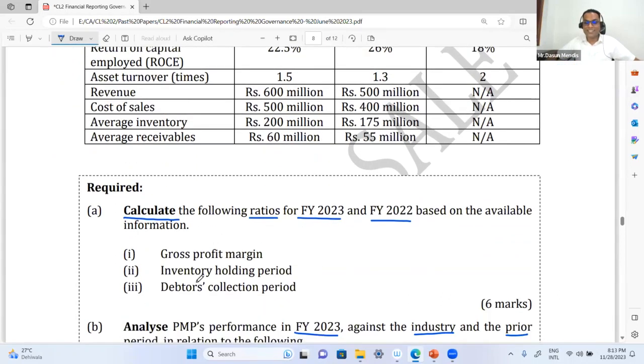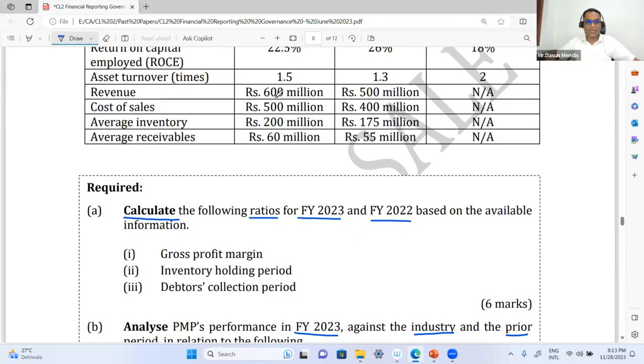So that's why we say that CL2 is an examination where it is very difficult for you to fail, right? Very difficult to fail. Because these are easy marks. Unless you make an effort by yourself to fail, you can't fail here. Right? These 6 marks are peanuts. Why? Everyone knows how to calculate the gross profit. How to calculate the gross profit? The difference between the revenue and cost of sales.